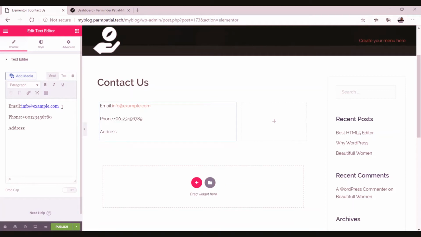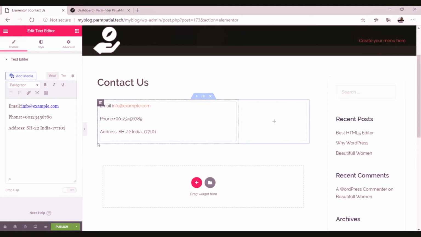So here you have to type the address, your exact address that you want to display on your website. So I'm using this address in my case.